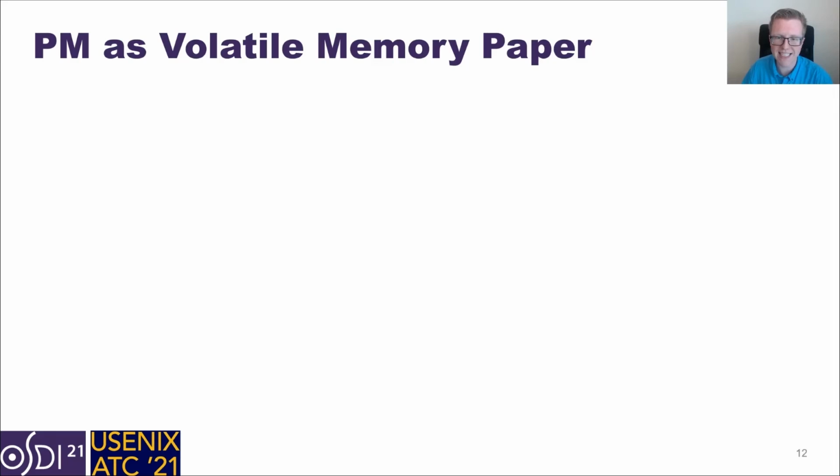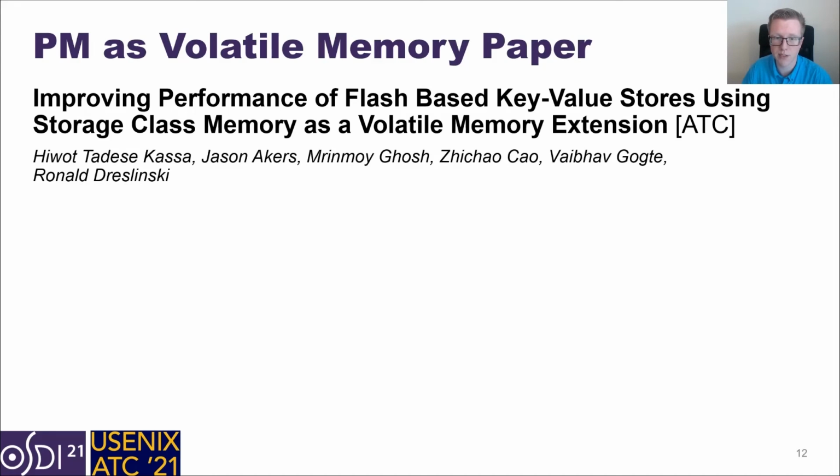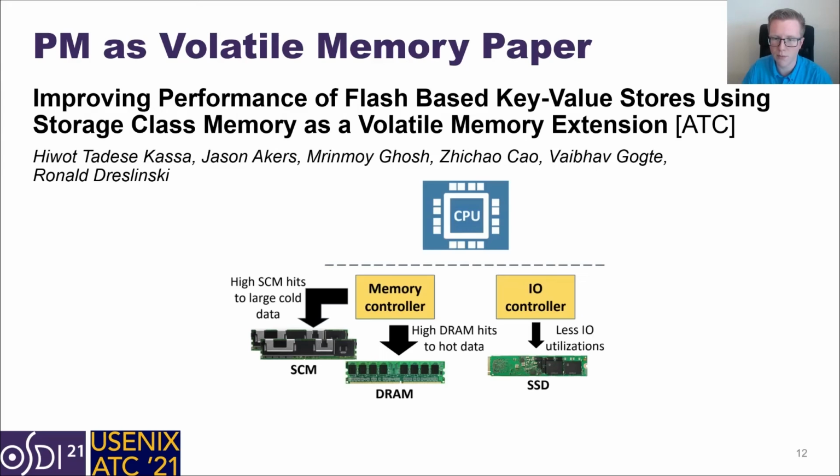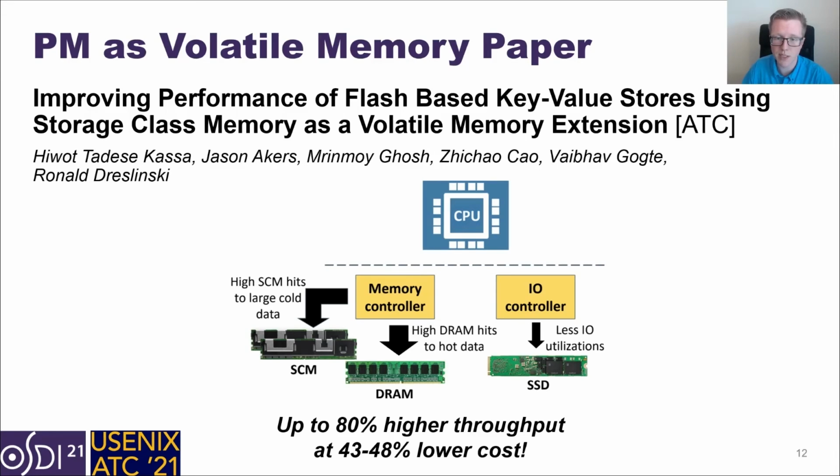One paper in ATC analyzes the use of Optane as a volatile cache for large flash-based key value stores. In this work, the authors consider the challenges of servers with reduced DRAM capacity, as DRAM is expensive and consumes a lot of power. By equipping these servers with non-volatile memory, configured as a hierarchical cache for flash storage in conjunction with limited DRAM, the authors show that RocksDB can provide up to 80% higher throughput while reducing overall operating